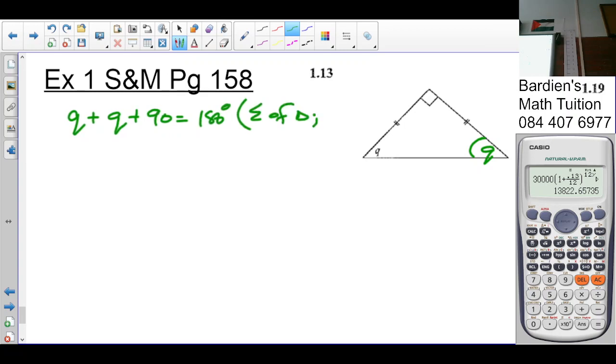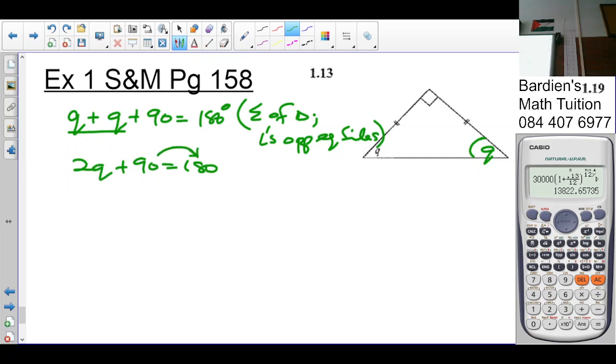What else? Angles opposite equal sides. So what do we have? 2q plus 90 equals 180. They get over the equal sign, so 2q is equal to 180 minus 90, which is 90 degrees. So q is